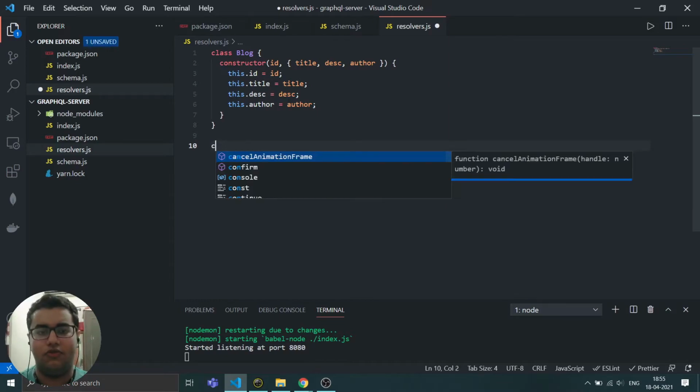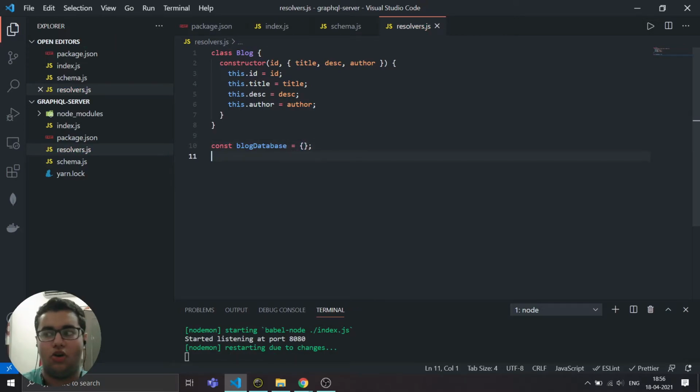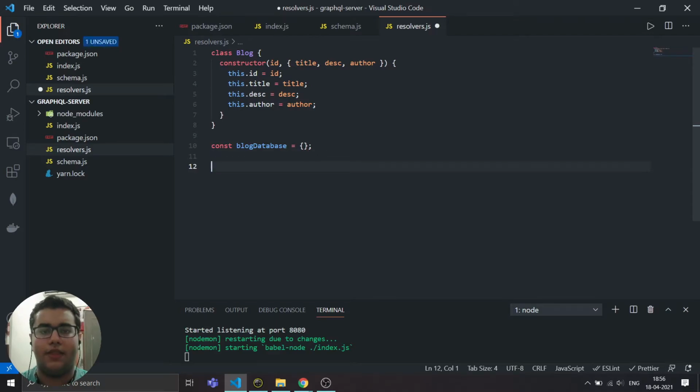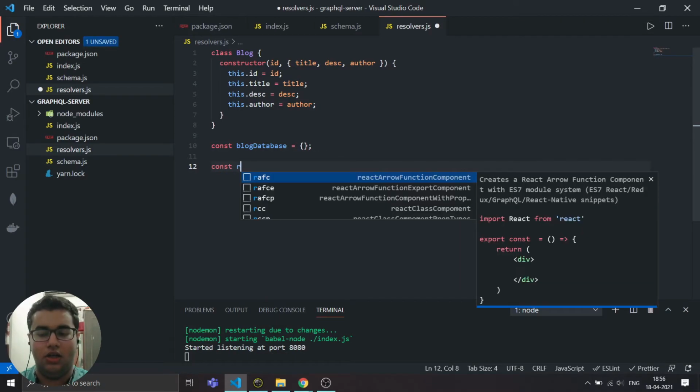So let's name it blogDatabase. Let's spell it correctly. So blogDatabase is an object that will be storing everything. Now let's write the resolvers.